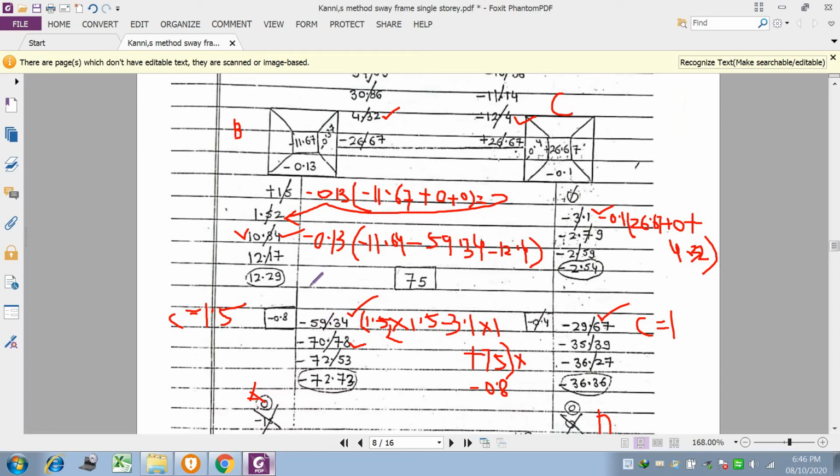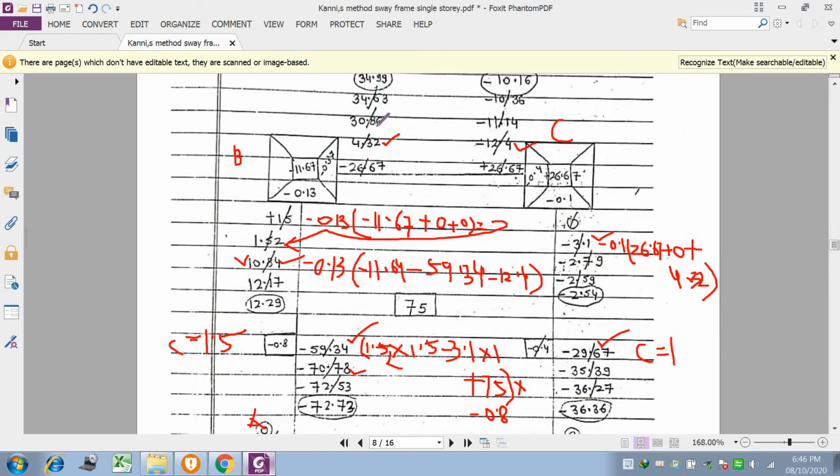far end value, whatever the far end value, the first far end value you have already calculated during the first iteration process, you have to utilize this value in our calculations, otherwise your calculation will become wrong. Okay, so we have utilized this value in our iteration number 2. Similarly this value is also calculated. Only replace minus 0.13 with minus 0.377, so you will get the answer as 30.86.